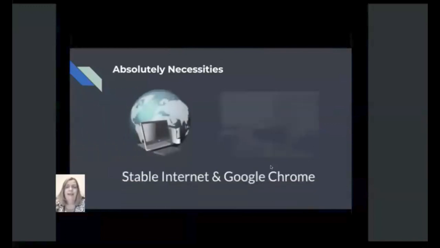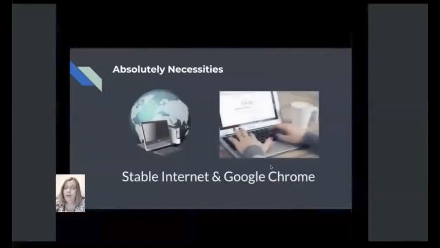The next necessity is a stable internet connection and Google Chrome. So Google Chrome is the internet browser for Momentum. It's your best browser to give you the best service when you're interacting with the website. And stable internet, some of the things we do will be very graphic intensive, so you need a good internet